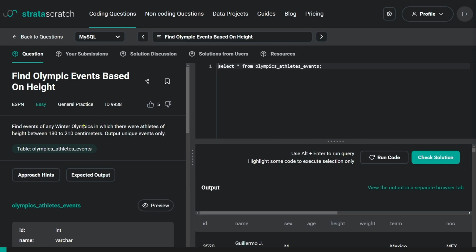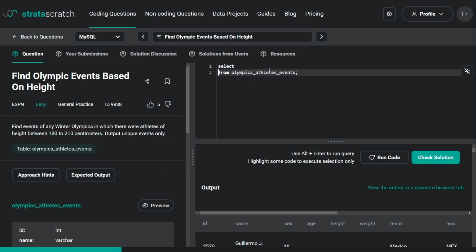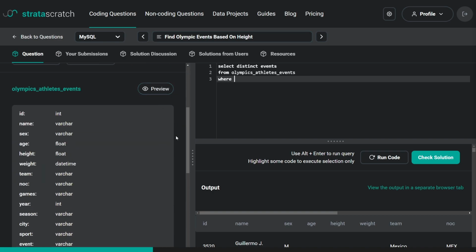Problem number 5 and the last one for today, guys. We have to find events. Winter Olympics. Winter definitely sounds like a filter. In which there were athletes of height between, this is definitely a filter. We have to output unique events. So we have to use distinct on the events. Pretty easy. We have 2 filters. We have to output only 1 column. So we have to output distinct events where the winter, let's see, winter